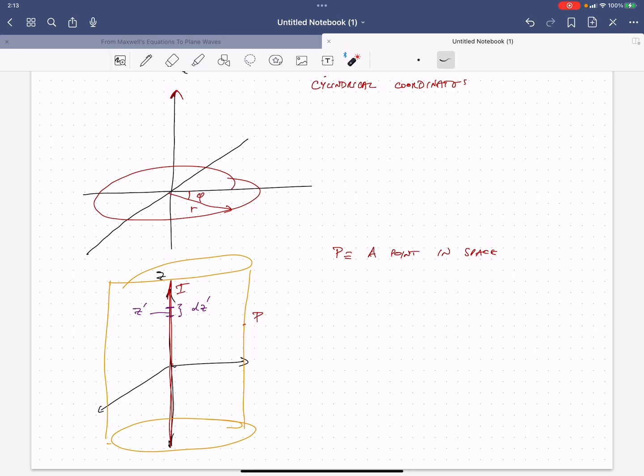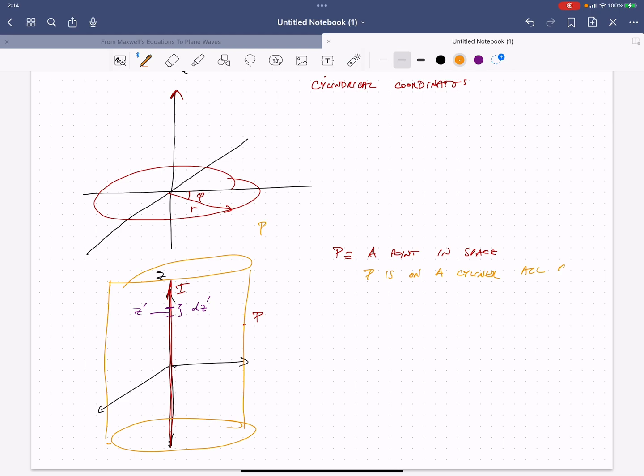You can think of this as a series of concentric cylinders, and on any of those cylinders, the magnetic field will be the same because of symmetry. So P is any point in space, and you can think of P as being on a cylinder,